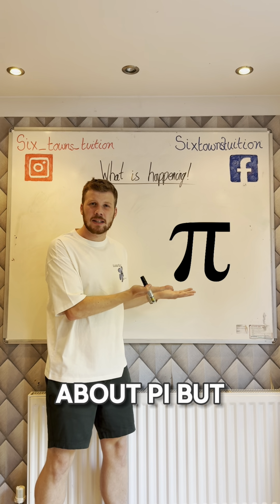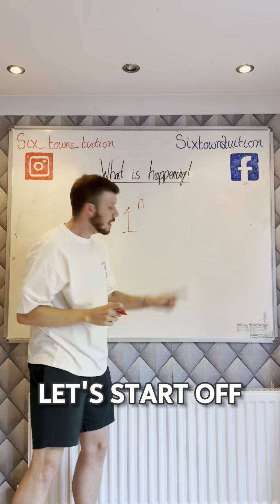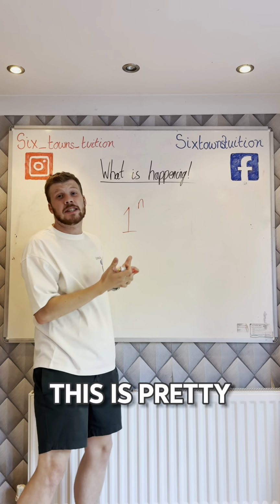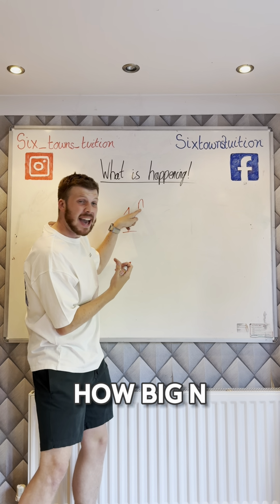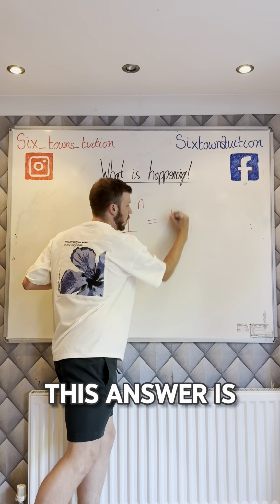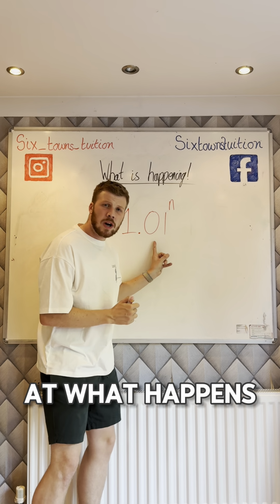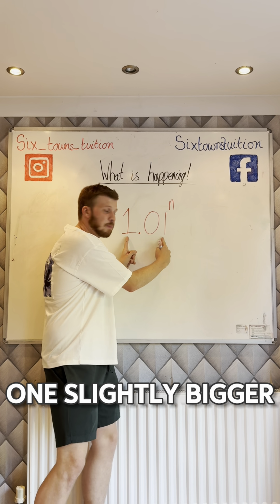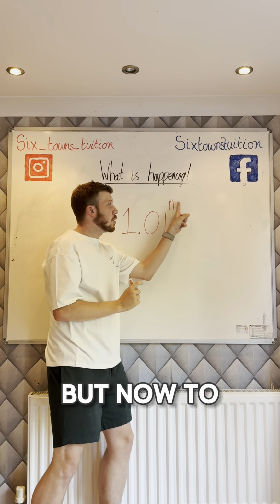We all know about pi, but let's discover e. Let's start off with 1 to the n. This is pretty boring. No matter how big n gets, this answer is always 1. Now let's look at what happens if I make 1 slightly bigger, so 1.01, but now to the power of